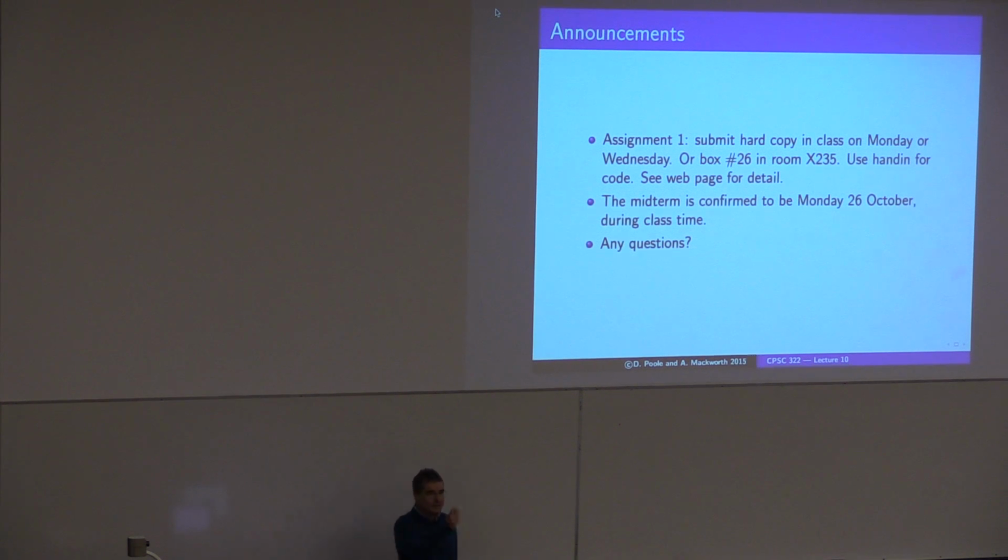But the TAs will mark what you hand in. So you have to put a hand in. The physical hard copy that you hand in is the thing that will get marked, and we'll just check the other code. So if you want something marked, put it on the hard copy. There's details on the web page.